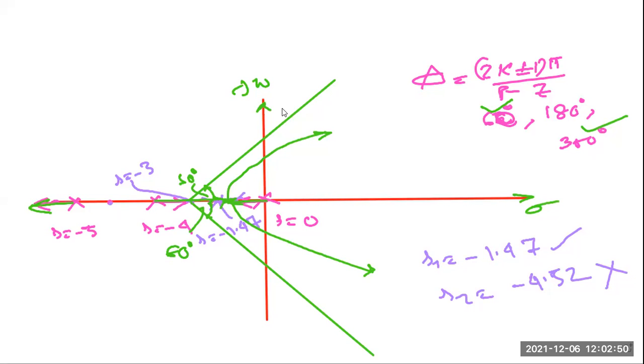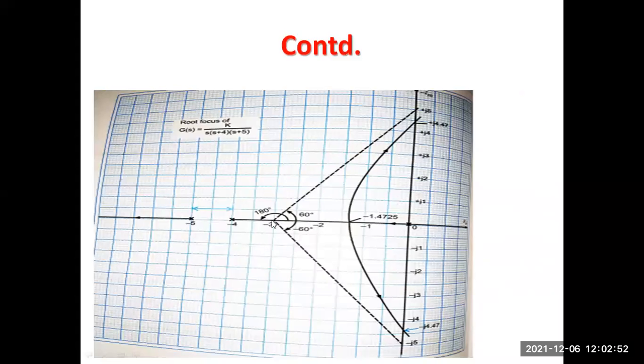So I'll show you this one. Here also you see this is one root locus. It is starting from here. This is another root locus. They are meeting at -1.47. These are the two asymptotic angles, and they are moving in this direction. So how will this root locus move? This will be parallel to this particular asymptotic path. And here you see another root locus is moving in this direction. Is it clear? Yes, sir. Fine.